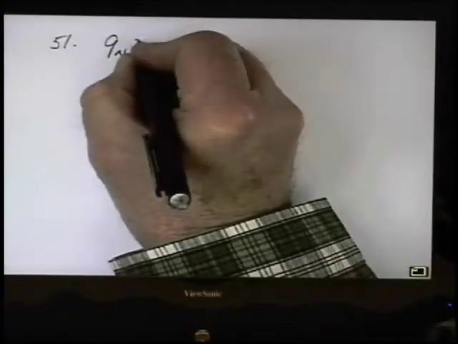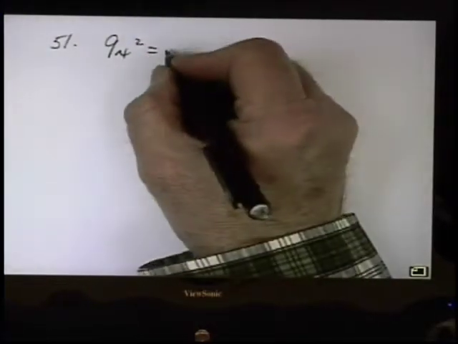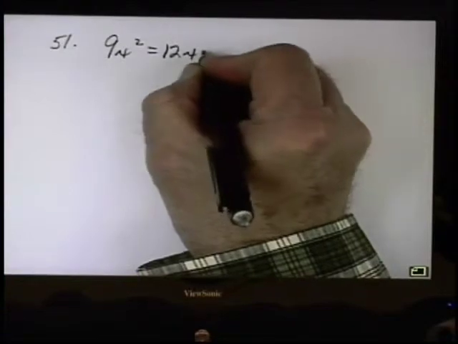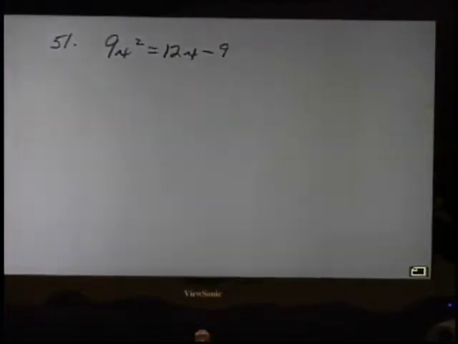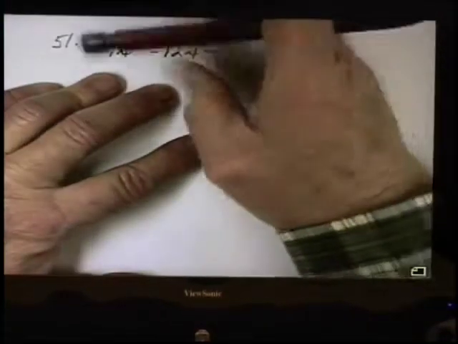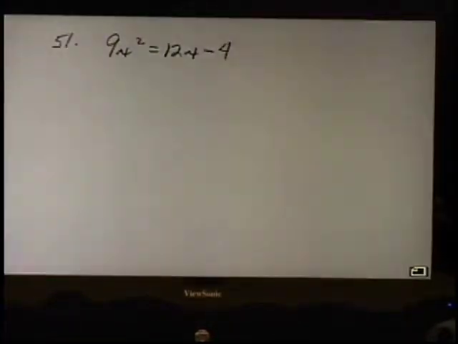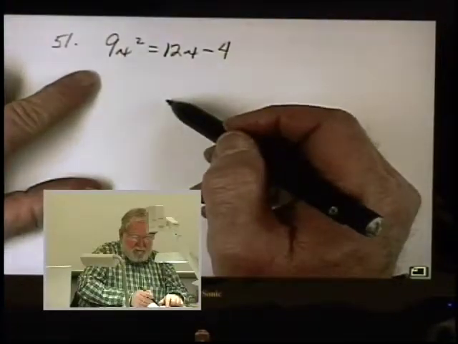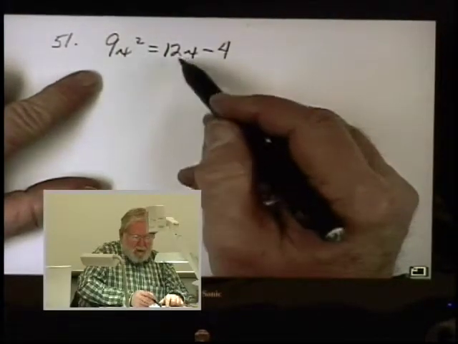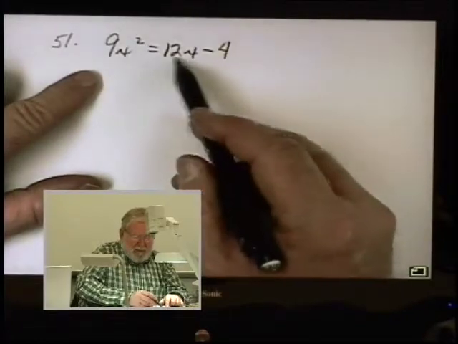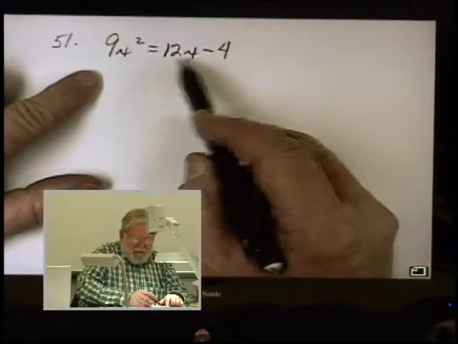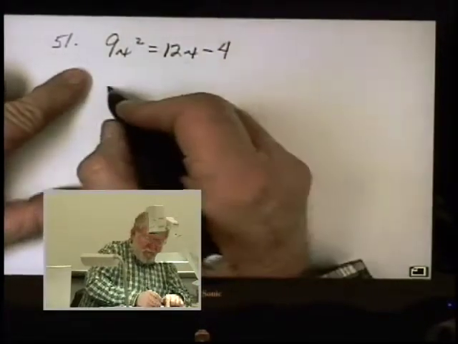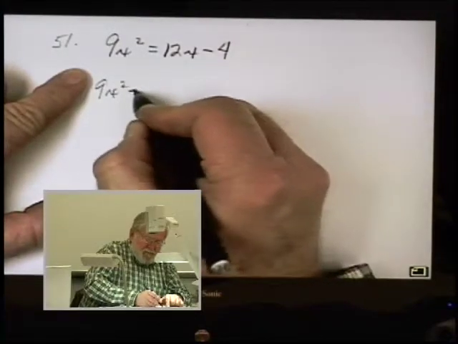9x squared equals 12x minus 4. Well, we've got to get this equal to 0. One way we can do that is we can subtract 12x from this side, and we get 9x squared minus